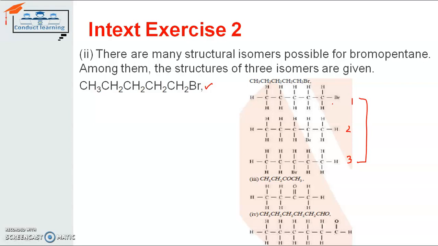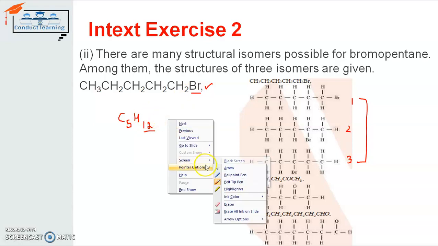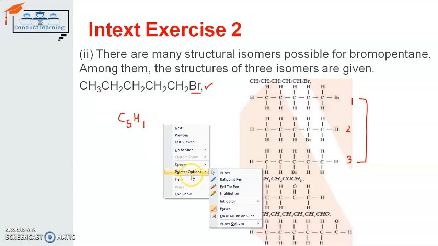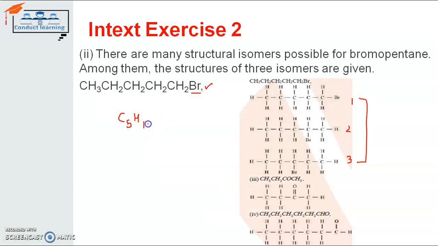Now the question is what will be the chemical formula for bromopentane? As we well know, in a pentane there are 5 carbon atoms and hydrogen atoms are accordingly 12. But this is the number of atoms in a pentane. But here we are adding 1 halogen group with it. So that's why it will replace one of its hydrogen atoms and the formula will become C5H11Br.